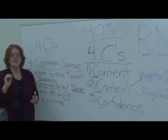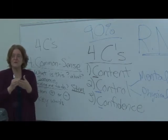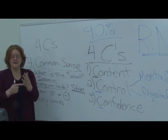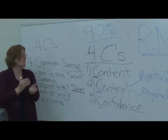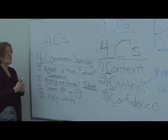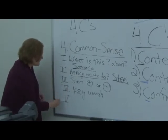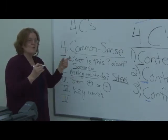So priority words, or key words that are going to really help you know what this question is asking you, would be things like best, priority, first, effective teaching, all those things that will really help you hone in and focus on what that question's about. So in your head, or highlight if you've got a paper and pencil, know the key words. And then the next thing would be, and this is an important one, then try to reword